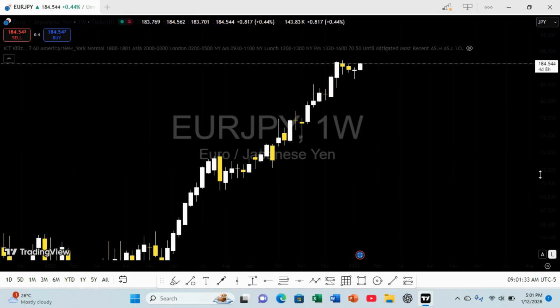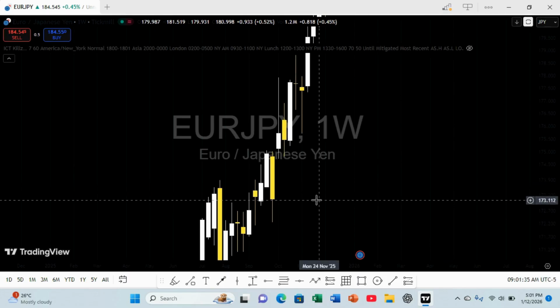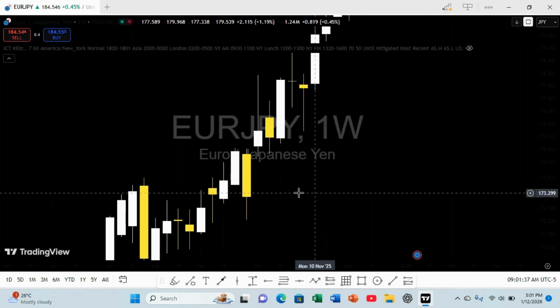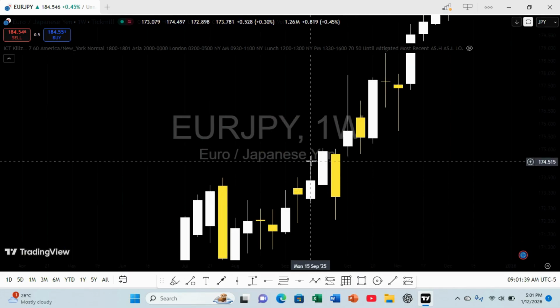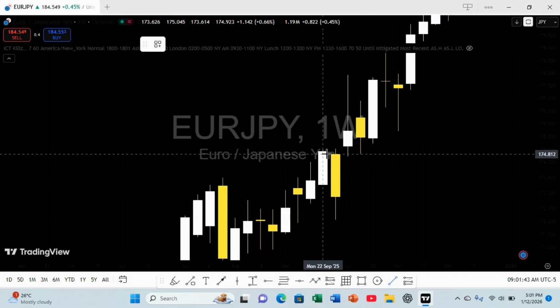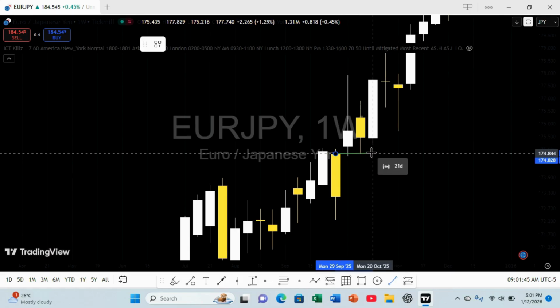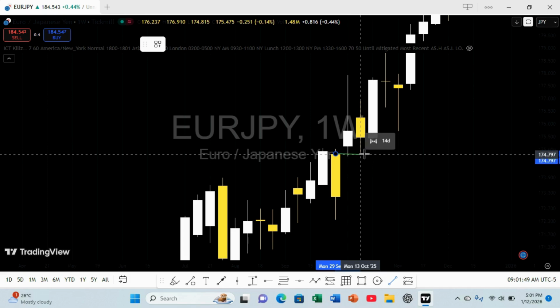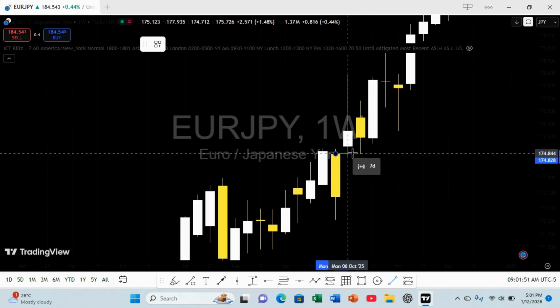What I normally do is go for this yellow candle, which represents the bears, and when I put my cursor there, you look at the opening price of